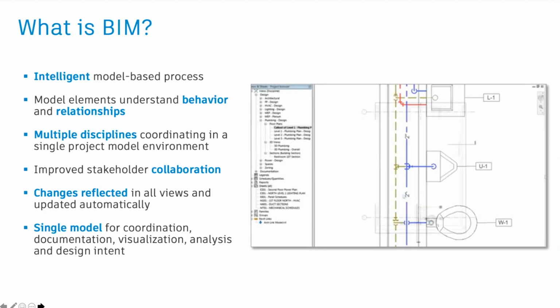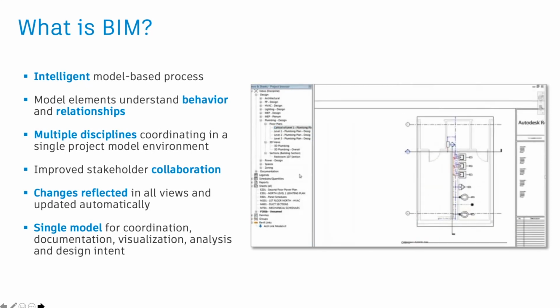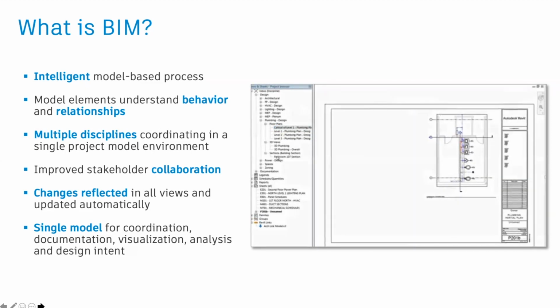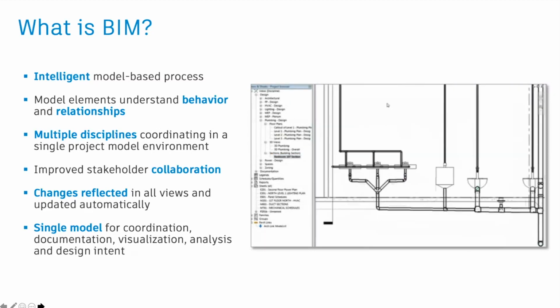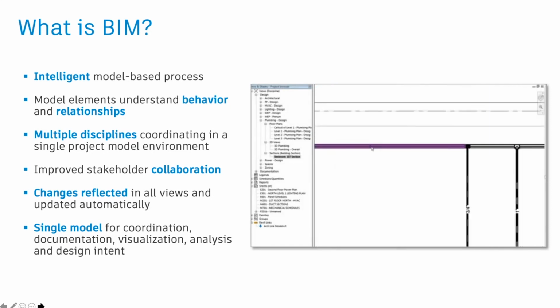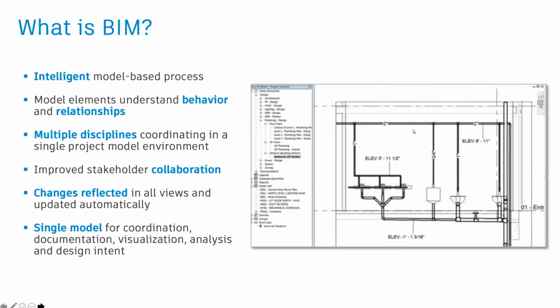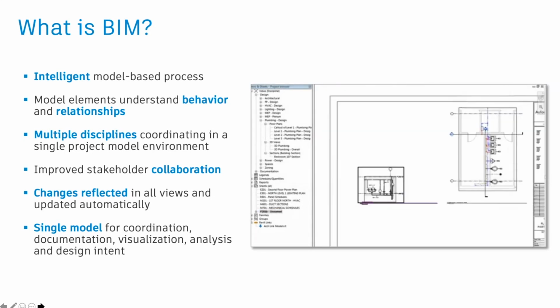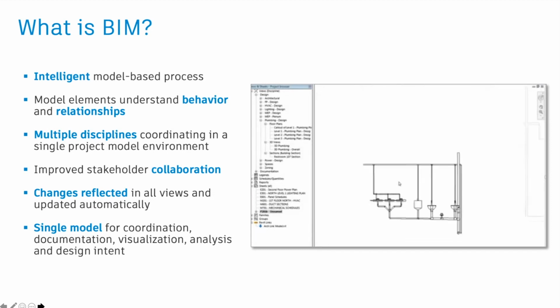And this model that we're producing, which, as you can see, we can show in different ways with different line weights, whether it's single line, as you see here, double line, or whatever, just by filtering your view on the model, can also be used for other things. Typically, it's become very much a coordination management tool, document management tool, document production tool. But it's also used in visualizations, as I know you're aware. But increasingly, it's being used for analysis and design.